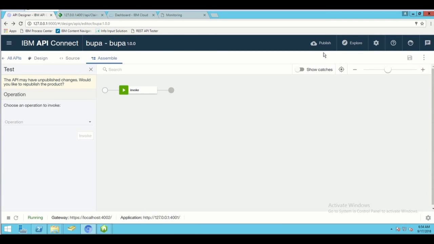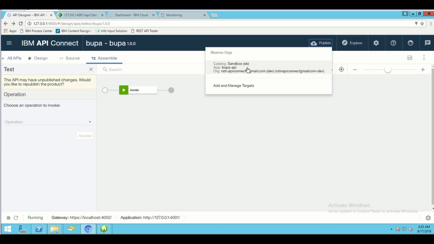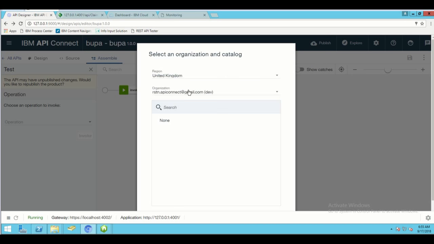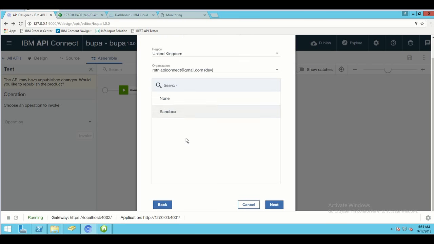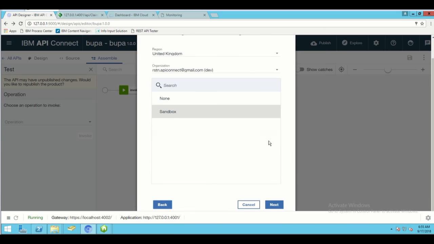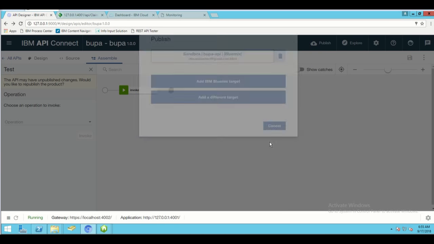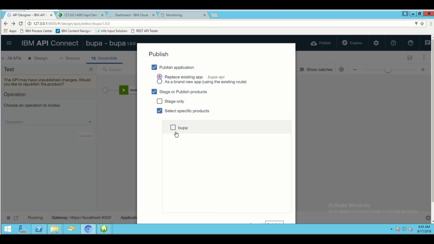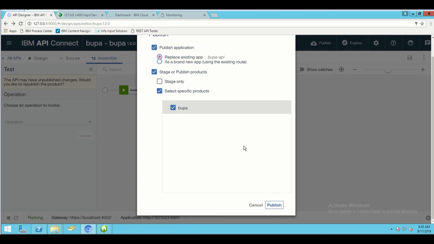Finally, we can publish our project. We can publish our API to an internal API Connect server, or we can publish to the cloud, to a Bluemix application on the cloud. I can set my application, my project name, and I can select the application I need to publish. I can select which version, if this is a new application or I'm replacing an existing one, so it would be another version. And once published, I can go to Bluemix, let's say, on the cloud, and I can see it